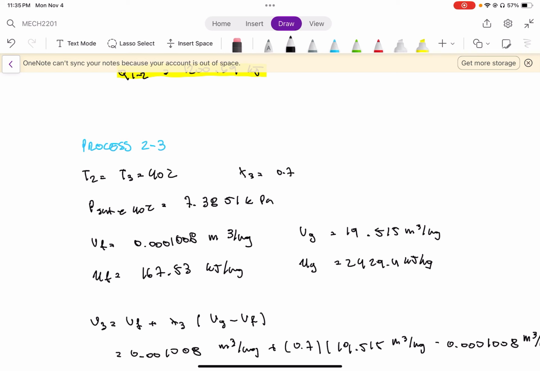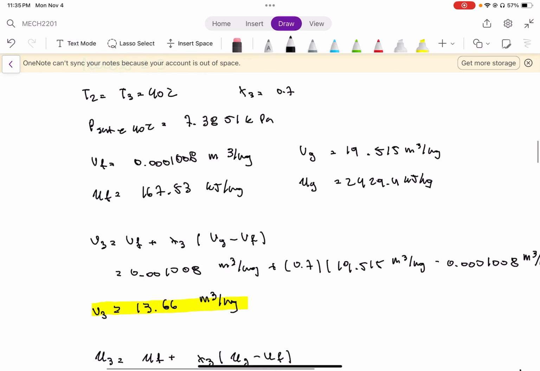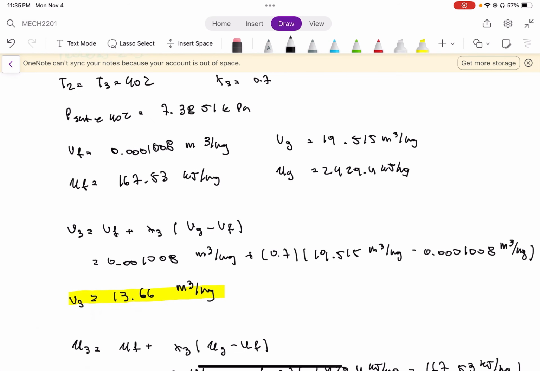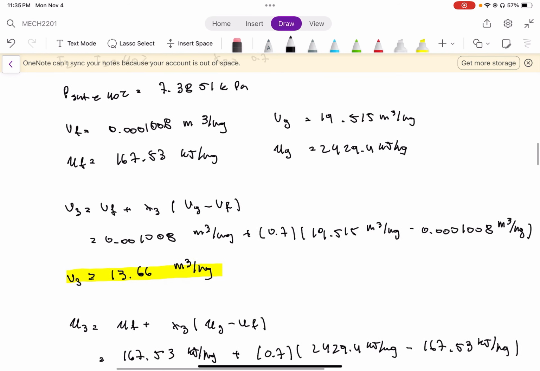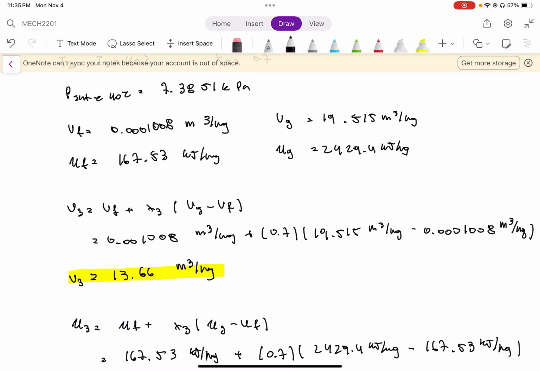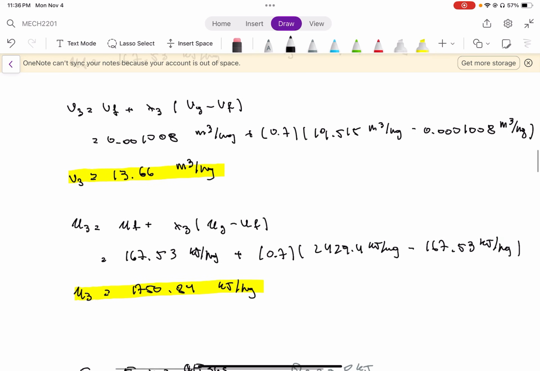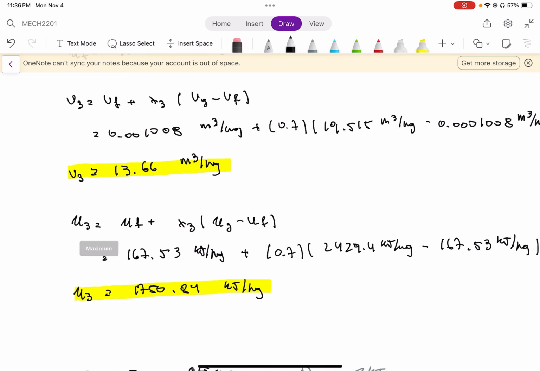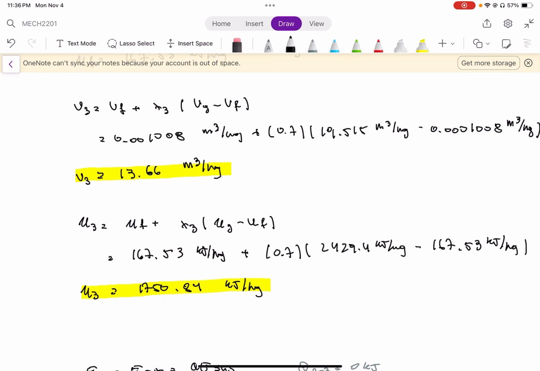For process 2 to 3, these are the given variables, which we find from table A4. We can find the specific volume by using this equation, plugging in all the known variables. The specific volume at state 3 is 13.66 meters cubed per kilogram. Here we're finding u3 using the exact same formula but a different variation, plugging in the variables, and we find that u3 equals